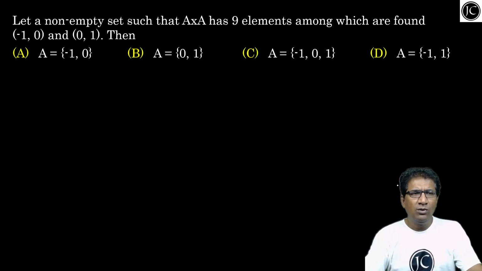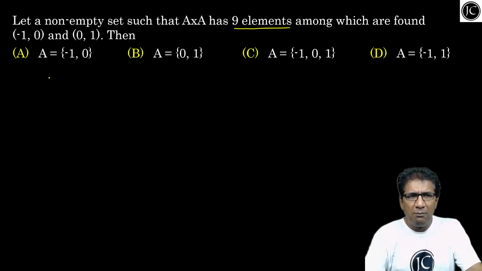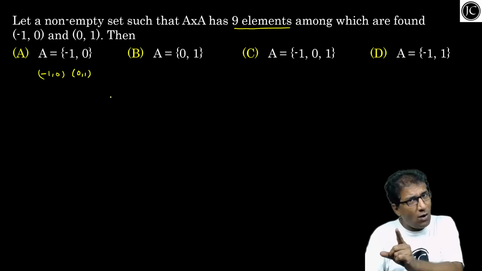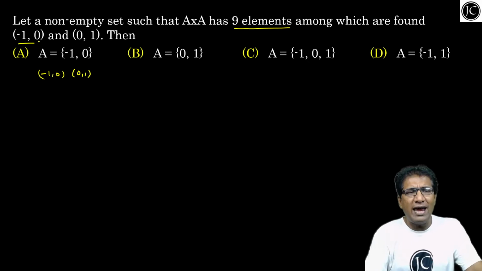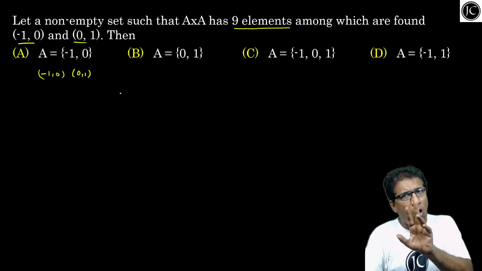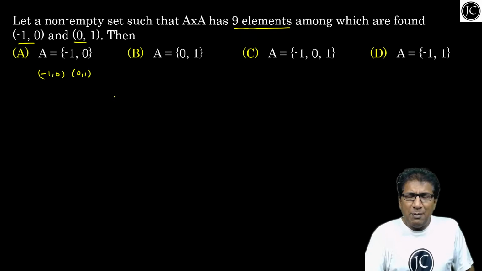यहां पर बोला है, देखो, let A be a non-empty set such that A cross A has 9 elements. A cross A में कितने एलिमेंट्स हैं? 9 एलिमेंट्स, which are found to be (-1, 0) and (0, 1). मतलब जो कार्टेशियन प्रोडक्ट ऑफ टू सेट्स है उसमें 9 एलिमेंट्स हैं, जिसमें उन्होंने 2 एलिमेंट चूज किए हैं, (-1, 0) और (0, 1)। ये दोनों ऑर्डर्ड पेयर उस कार्टेशियन प्रोडक्ट से सिलेक्ट किए हैं।